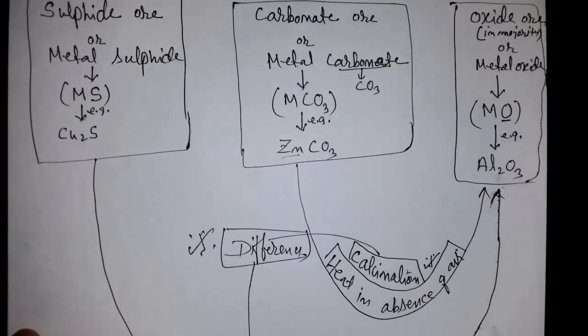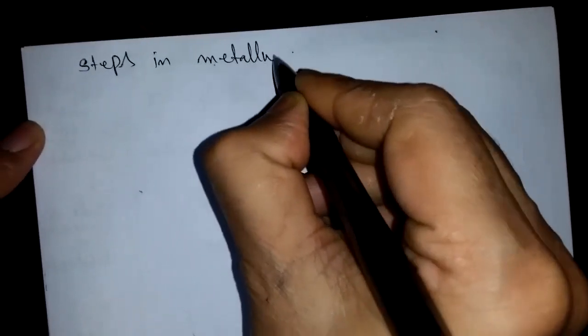Okay, after this we'll see steps in metallurgy. First we'll see the general steps. Generally, not looking at whether the metal is reactive or less reactive or more reactive, what are the steps whenever you do metallurgy? The steps we are going to see will practically vary slightly depending on the nature of the metal, whether it is reactive, medium reactive or low reactive. So we are just looking generally at the steps in metallurgy.